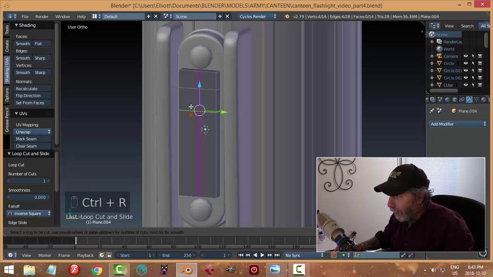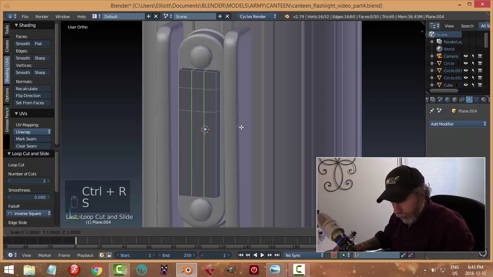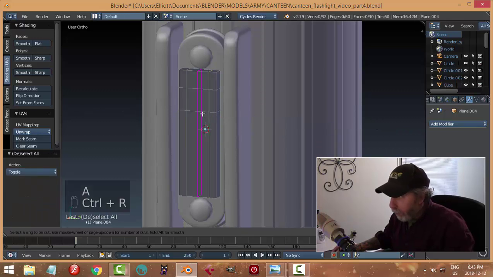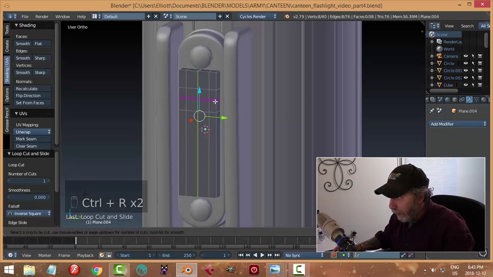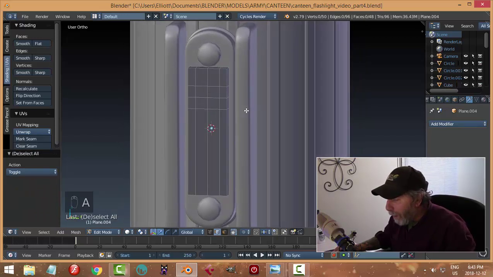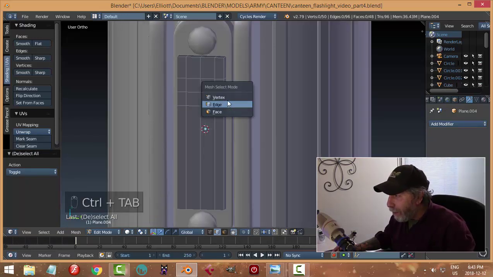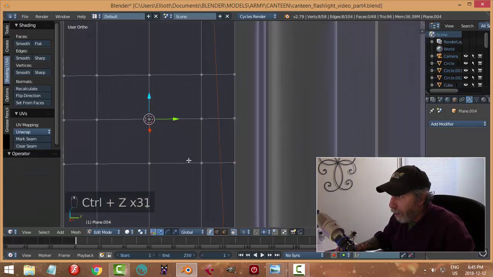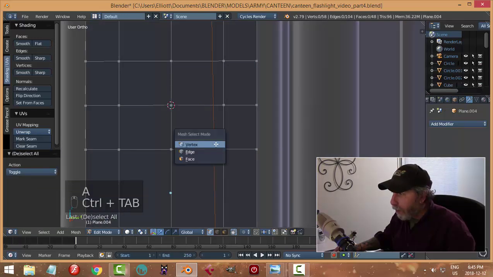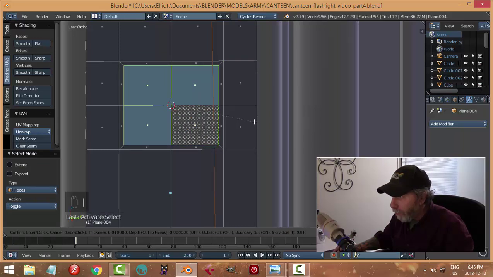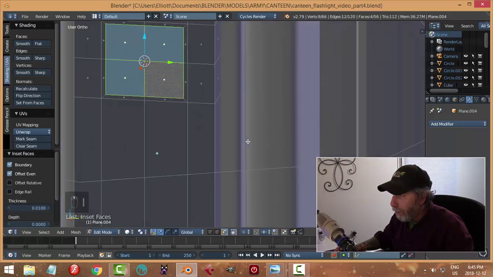Let's try it around there. I'll scale these out in the Y. Give us some room. Let's do another one down the middle and another one right there. And decide if that's going to make a big enough hole. The way I think I'm going to do this is, I think I'm going to select that point, cursor to selected. Okay, and at that point, I think what I'll do actually is I'll take these faces and let's inset them just a bit to give us a bit more